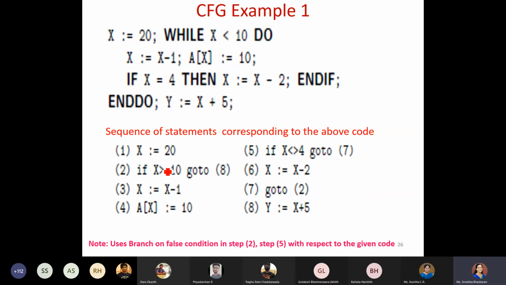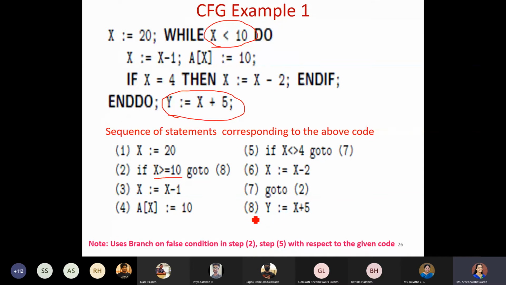So what is my false part? If x is greater than or equal to 10. If this condition is satisfied, that means the opposite of this condition, which one do I have to execute? This part I have to execute, right? y is equal to x plus 5. Where did I write the statement?